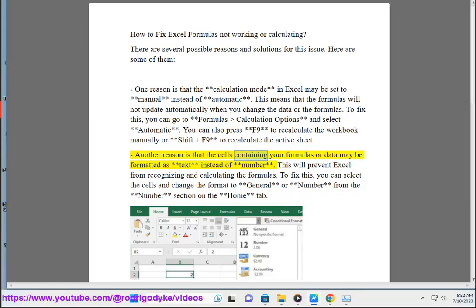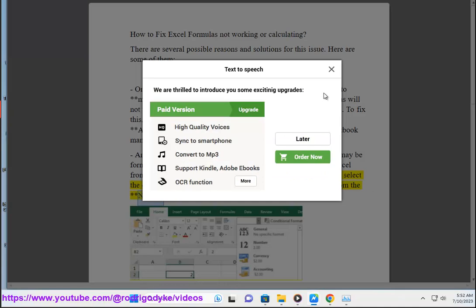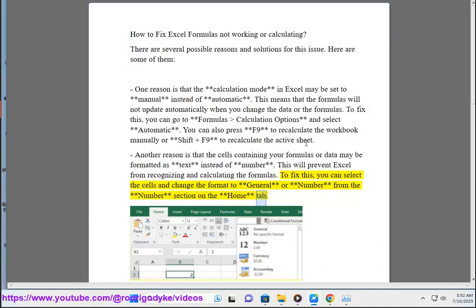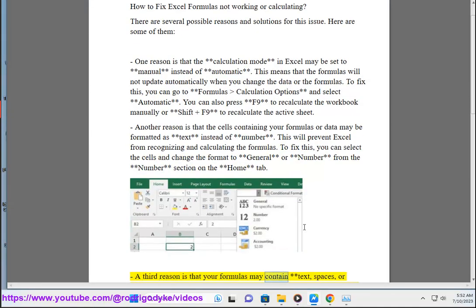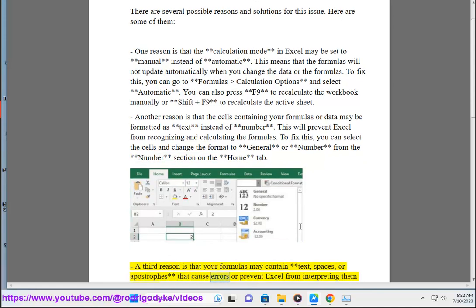Another reason is that the cells containing your formulas or data may be formatted as text instead of number. This will prevent Excel from recognizing and calculating the formulas. To fix this, you can select the cells and change the format to General or Number from the Number section on the Home tab. A third reason is that your formulas may contain text, spaces, or apostrophes that cause errors or prevent Excel